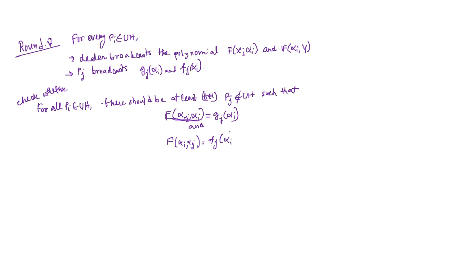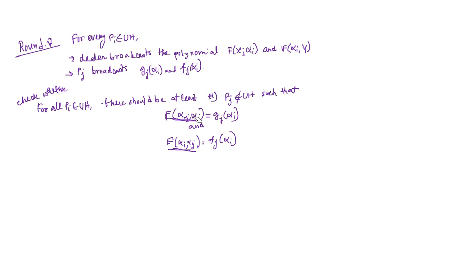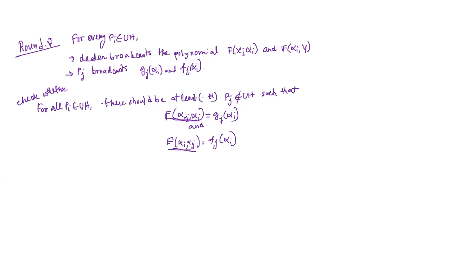This value is also computed from the dealer's polynomial broadcast in round 5. If the values are consistent with the happy parties Pj, and there are at least t plus 1 of them,